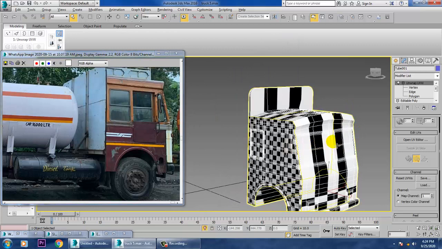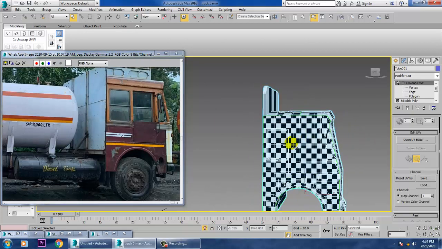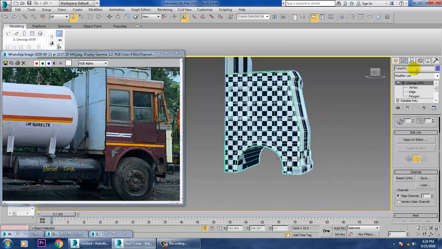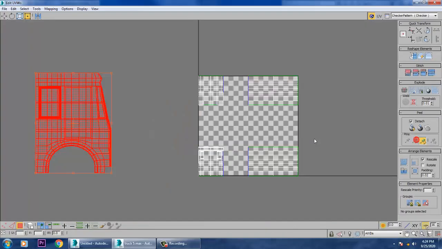So as you can see, we have unwrapped this part over here, open UV editor.